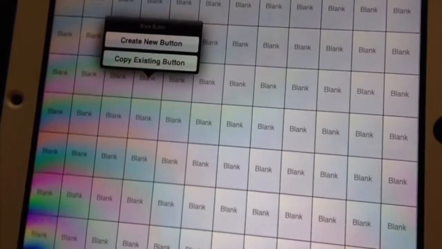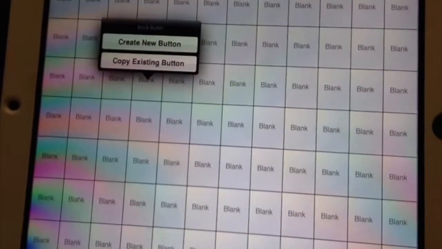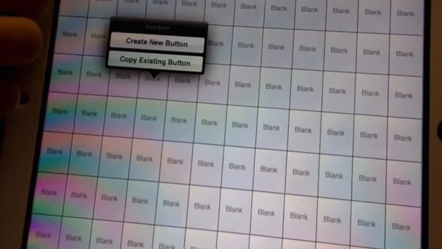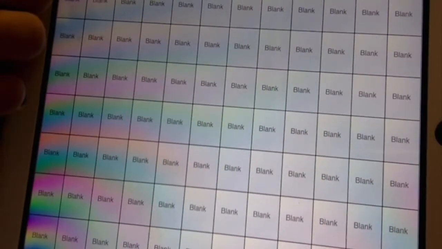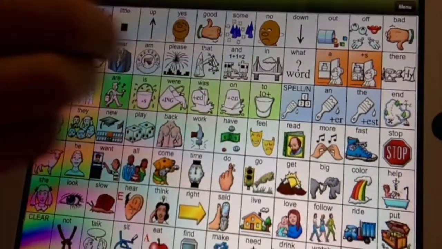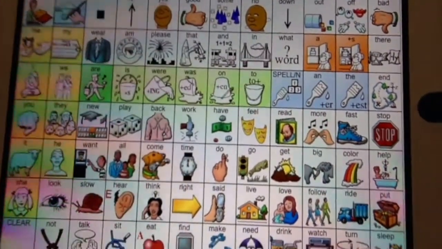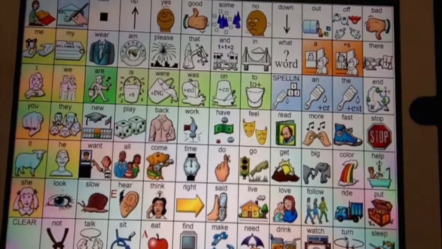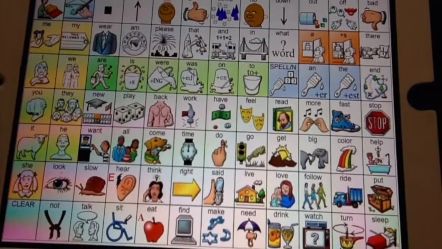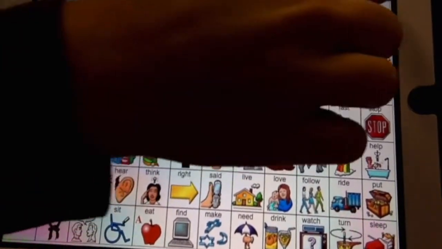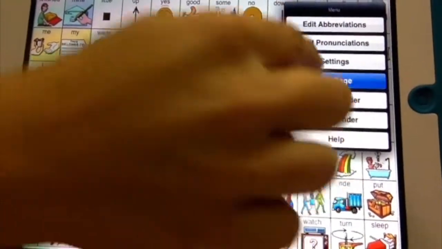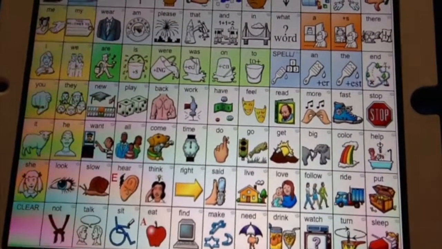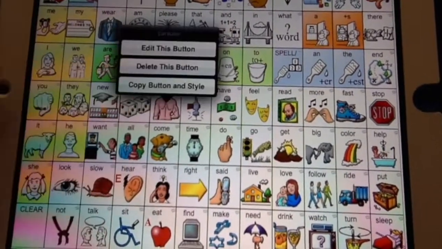You're also able to create a button that links to a new page. So we could actually create a button that linked to this page, for example. Let me go back to that. We'll do done. And we'll go from the first page that we created. So we'll create a link on here. We'll use our back button again. So we'll select menu, and then edit page, and then you select the button that you want to link to the new page. So for example, back,